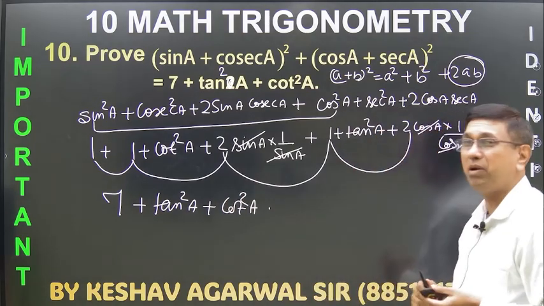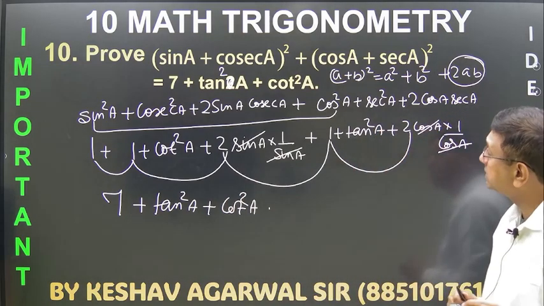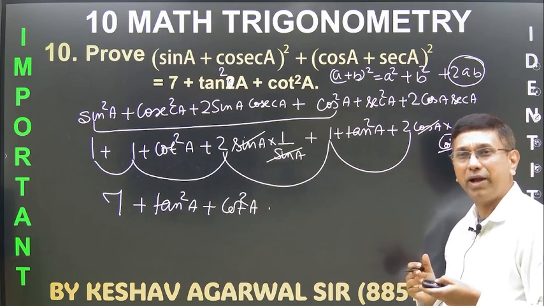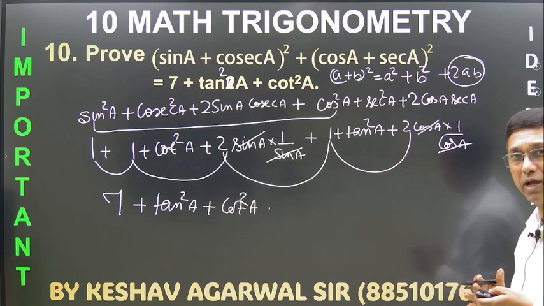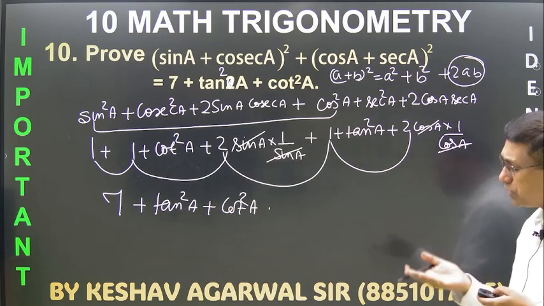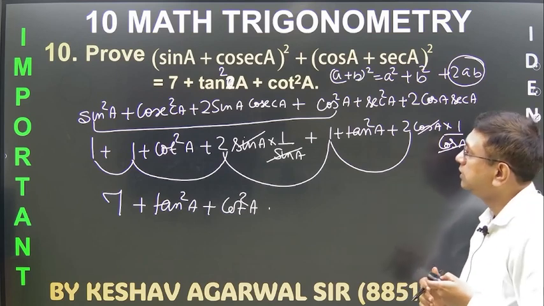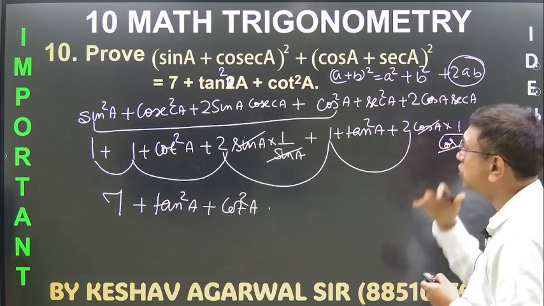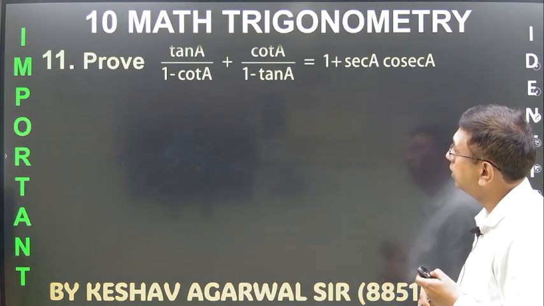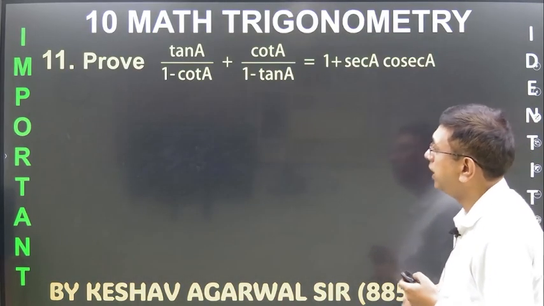This is a very simple question. Basic students should not miss this. Such identities you will find in board exams, right? So this is there, though the previous two were a little difficult, but this is an easy one, right? So let's see, this VIP is gone. Agle VIP kaun hai? Oh, this is a real VIP.